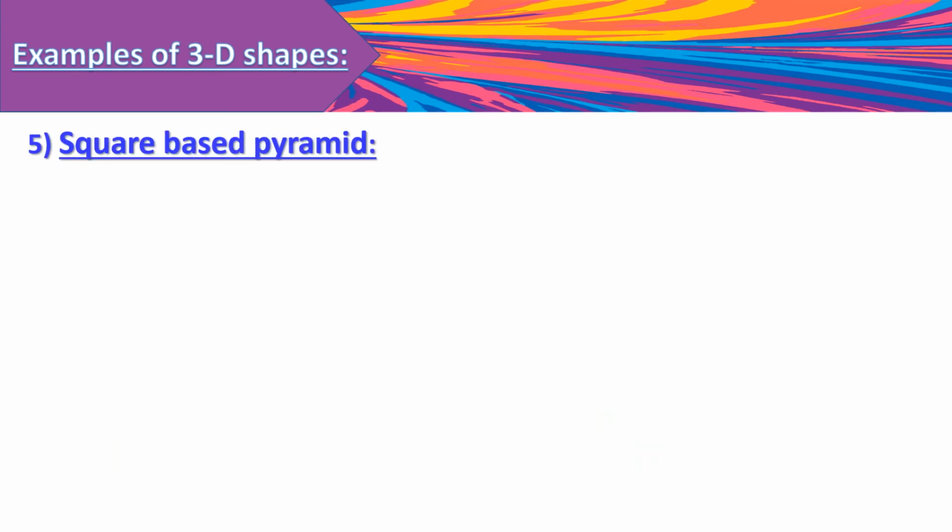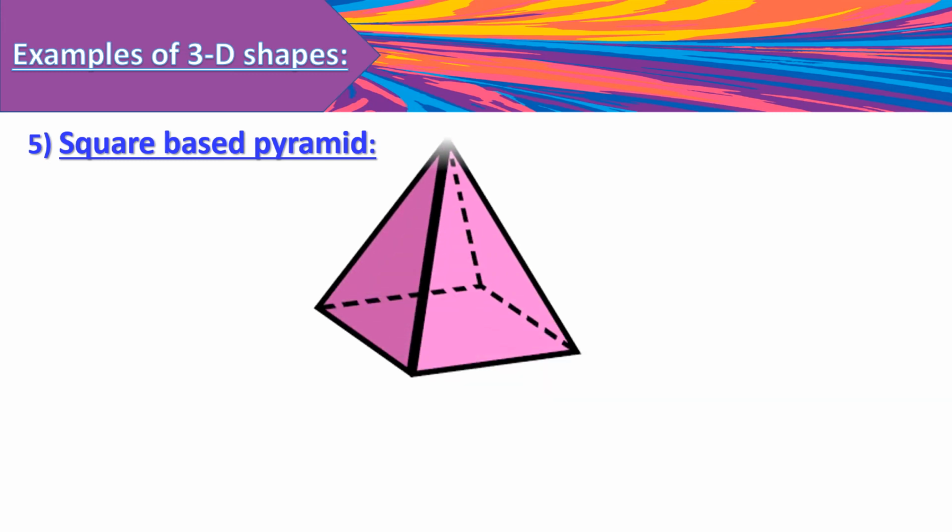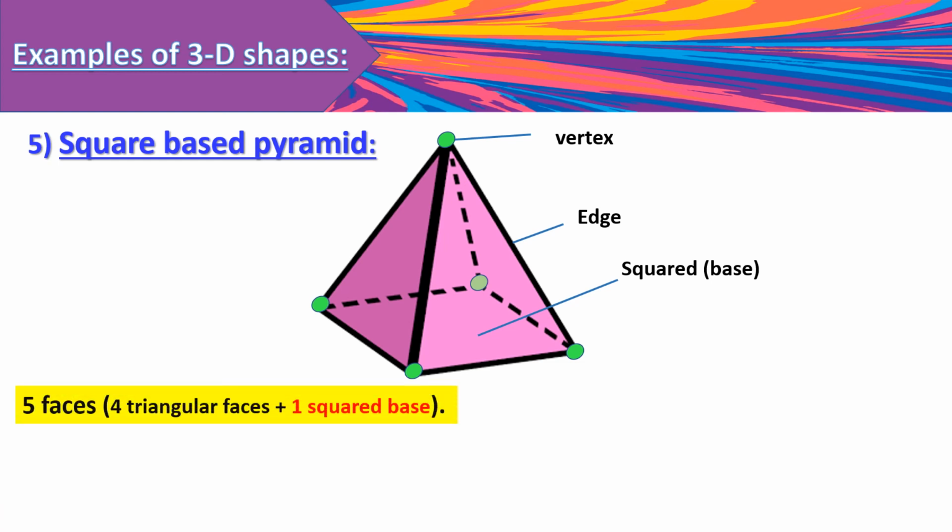Let's move to square-based pyramid. A square-based pyramid is a pyramid with a square base, like this shape. It has a square base, and some edges like this, and some vertices. It has 5 faces,